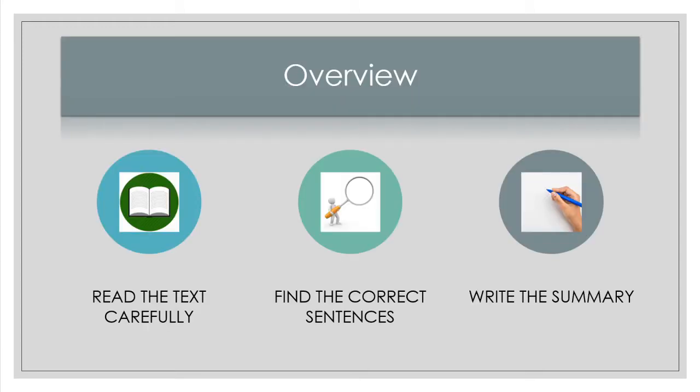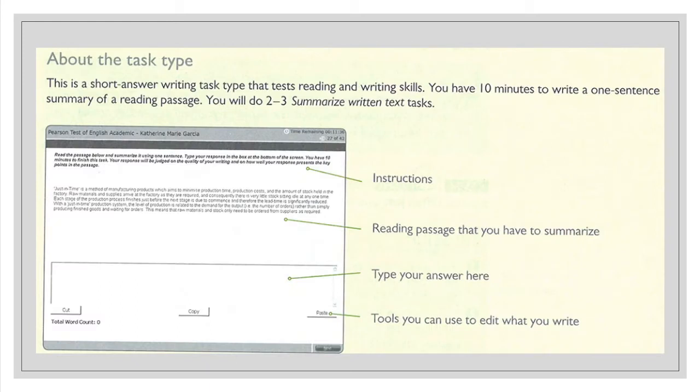So this is the overview. In the first part, you will get the text and read it carefully. You will identify the keywords, and then move on to the next part where you will frame the sentences of the summary. Sometimes you might copy the same sentences from the text, or else you will write your own sentences. You should find the correct sentences so that you can score well in vocabulary and in content. And after you do that, you will write the summary in the text box.